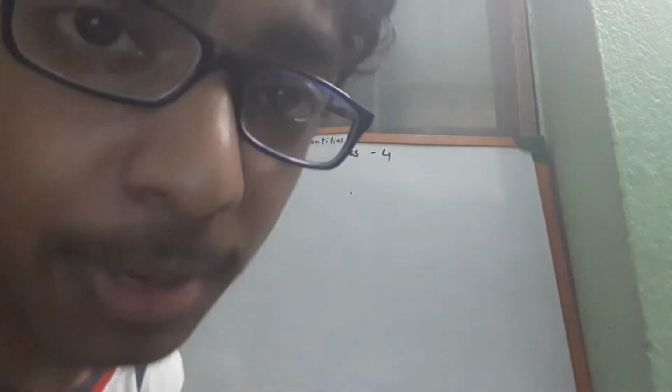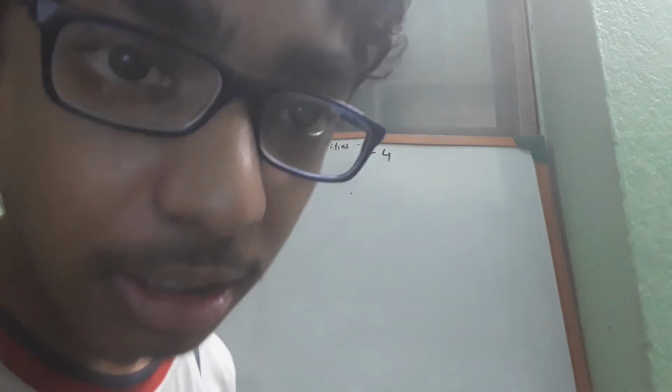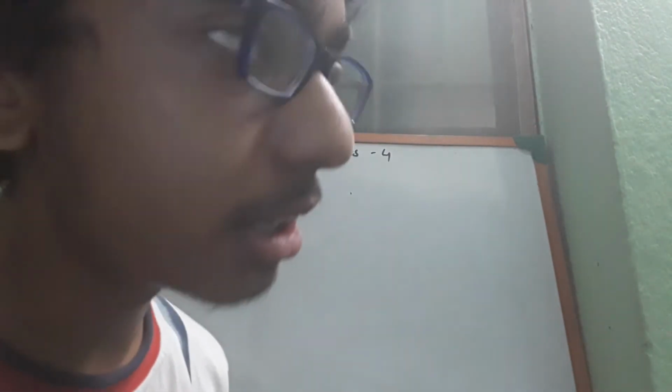I have made 3 previous videos on trigonometric identities, parts 1, 2 and 3 respectively, and you can check them out in my channel in the playlist section. You can directly go to the playlist section and there is a playlist called trigonometric identities. In those 3 videos I have covered a simple derivation of all the trigonometric identities except 2, and those 2, well, I discussed them but I did not derive them.